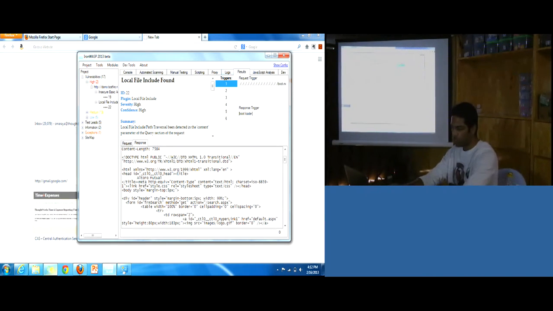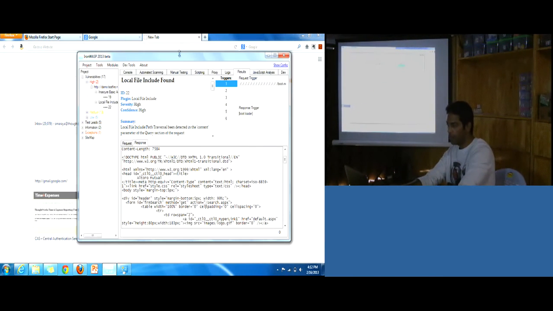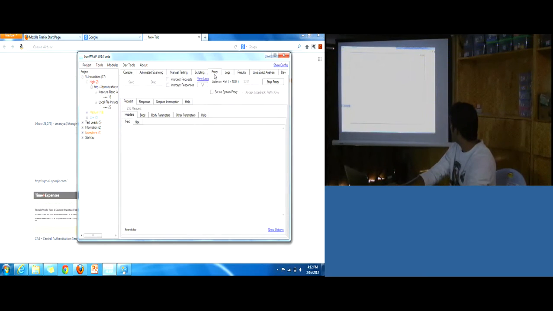What you can also do, say if you're a web developer, is debugging. Normally you would be debugging your code. If something doesn't work, you want to find out what is actually wrong. The tool has something called a proxy. You would all know what a proxy server is, like Squid proxy servers. They basically act like a gateway to your traffic. This has a proxy server built into it. It listens on port 8080.